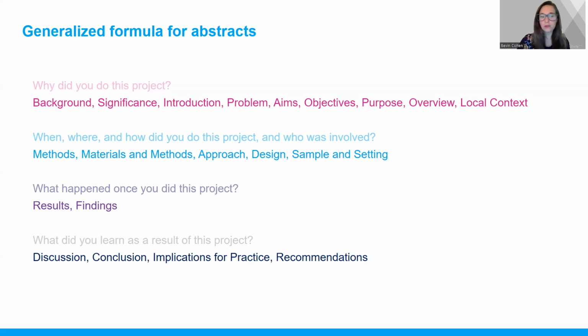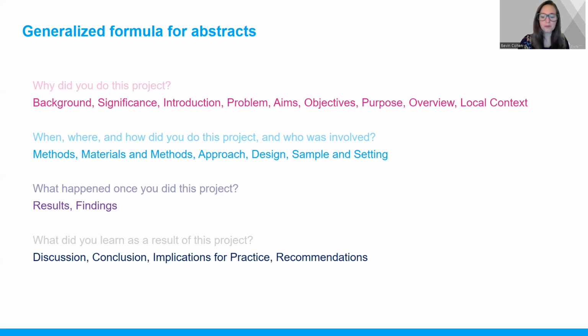The next section, what happened once you did the project, is what's often referred to as either the results or the findings. And lastly, what did you learn as a result of the project? This can be called either the discussion section, the conclusion section, or sometimes you have this broken down even further, where they might ask you to specify the implications for practice, implications for policy, recommendations, or other more specific